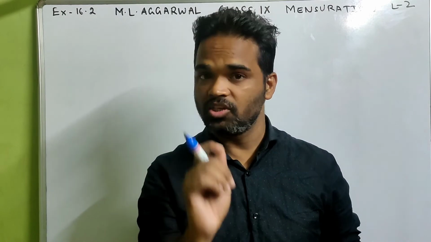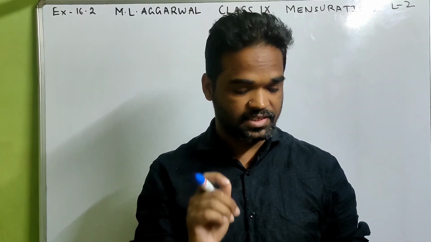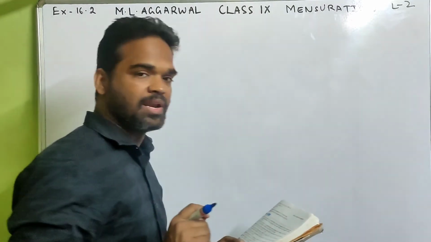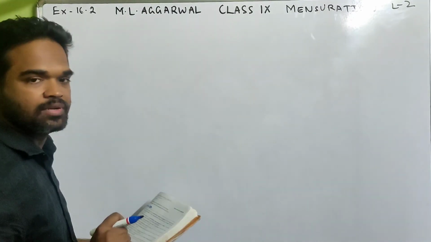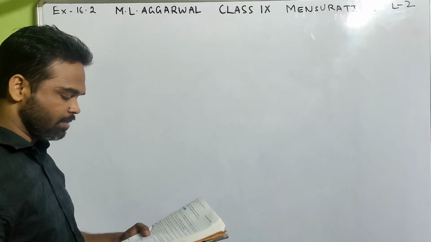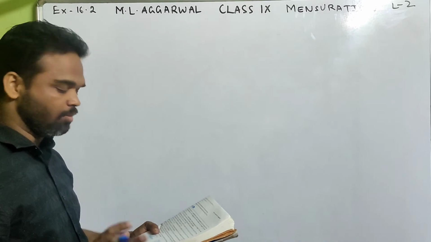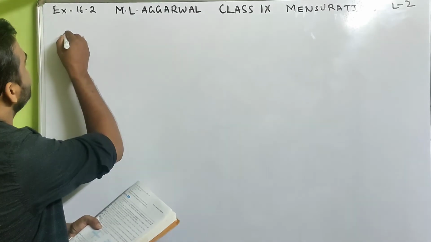Hi kids, so in this video we'll continue with exercise 16.2, class 9 mensuration from ML Aggarwal, that was area of quadrilaterals. We have already done till sum number 6. You can click on the I button or you can see the description box. Look at 7a,